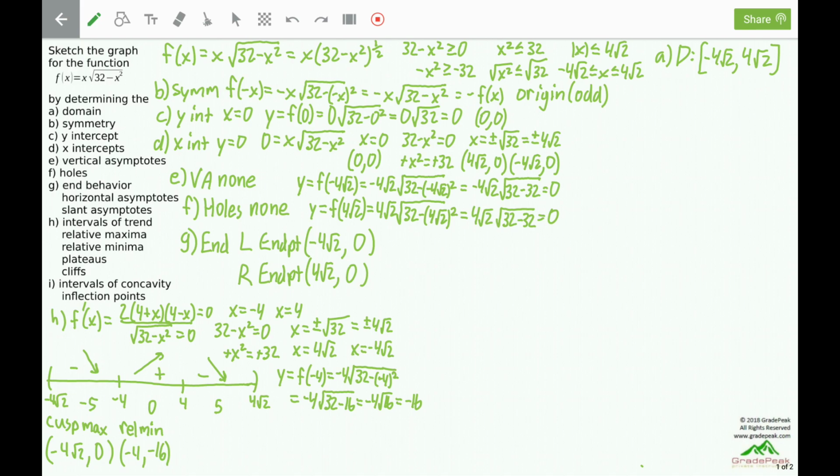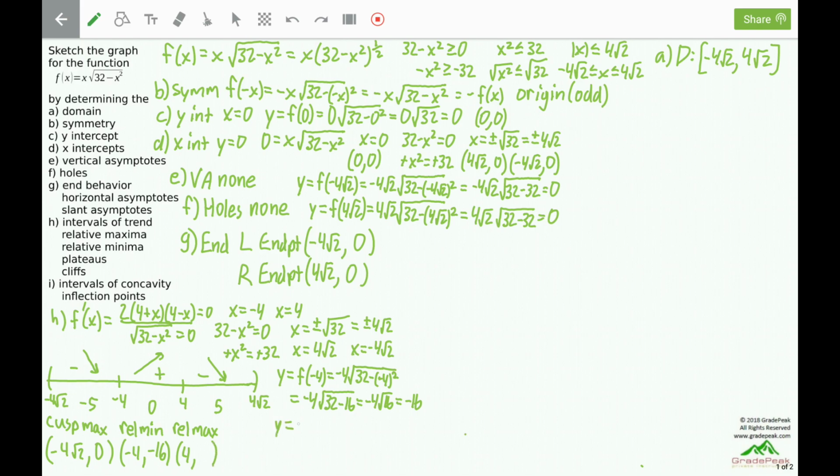Right at the critical number of x equals +4, we have the trend change from increasing to decreasing, so x equals +4 will be a relative maximum. X equals +4 also came from the numerator, so it'll be a normal relative maximum. It has an x-coordinate of +4 and a corresponding y-coordinate that can be found by plugging the x-coordinate back into